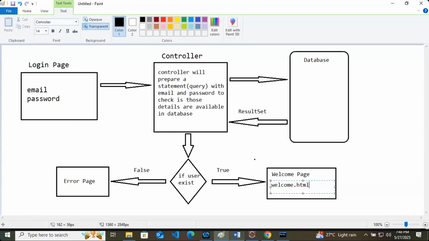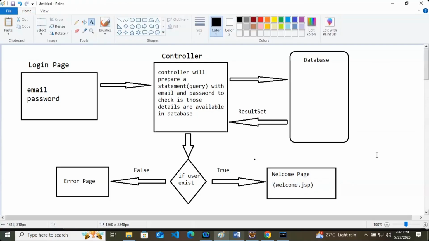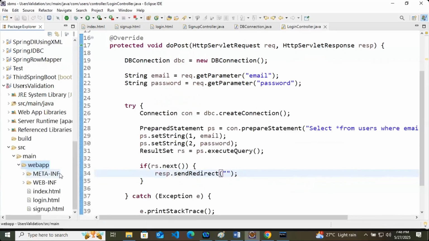If Shivam is logging in, I should say welcome Shivam. Meaning the page should look different for each user. As of now, I will keep it welcome.html only, but later on I will change it to a JSP page, welcome.jsp.